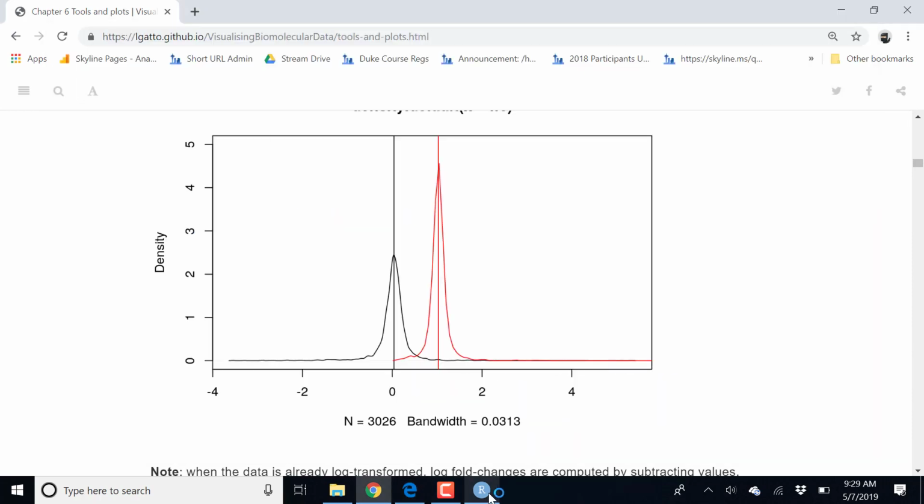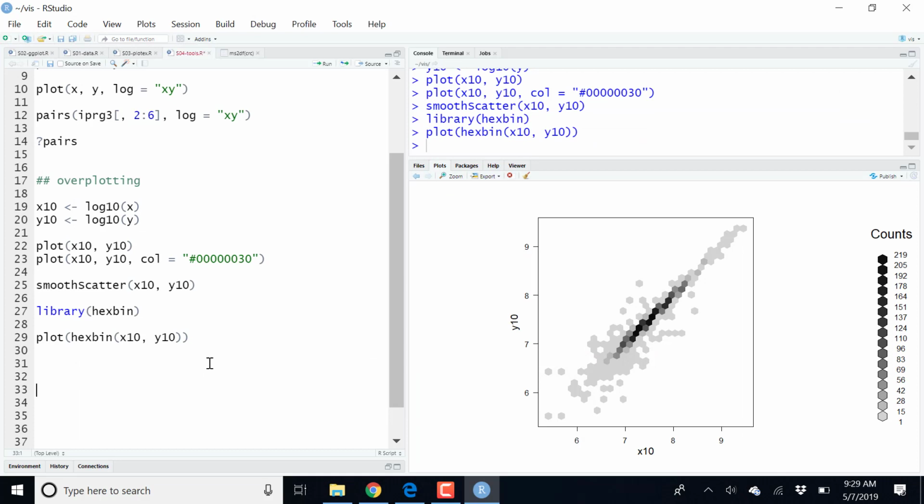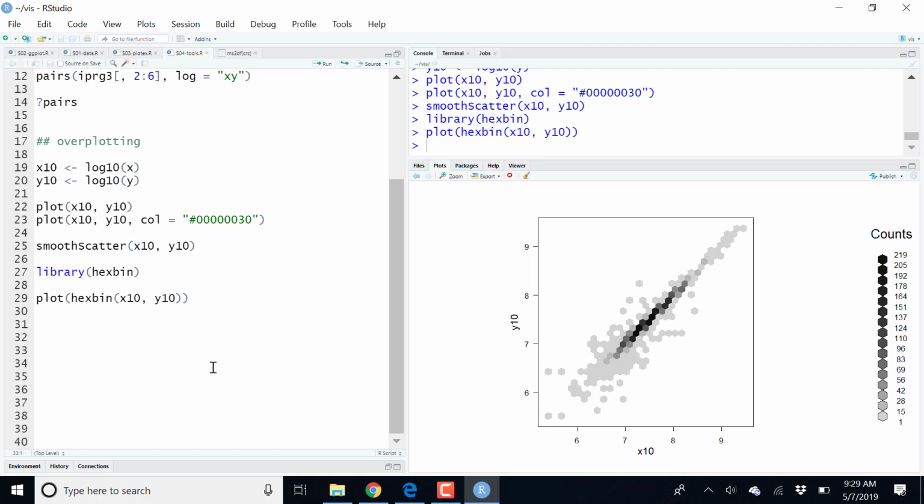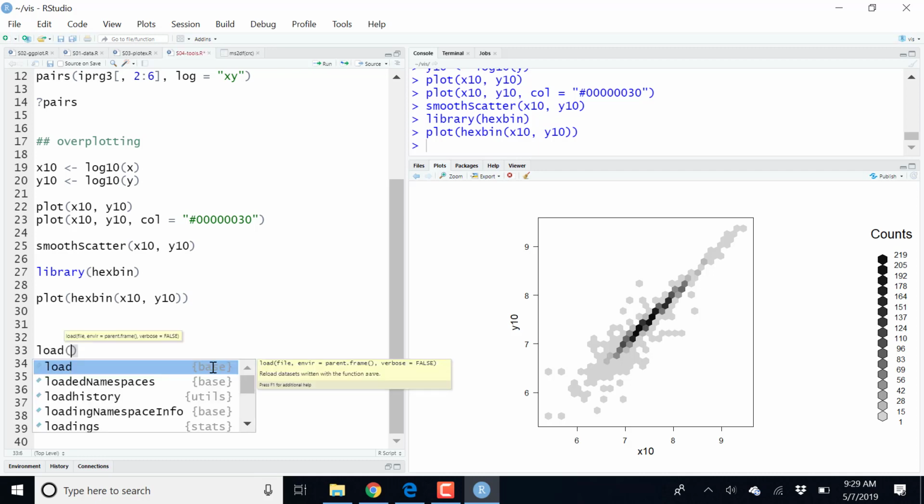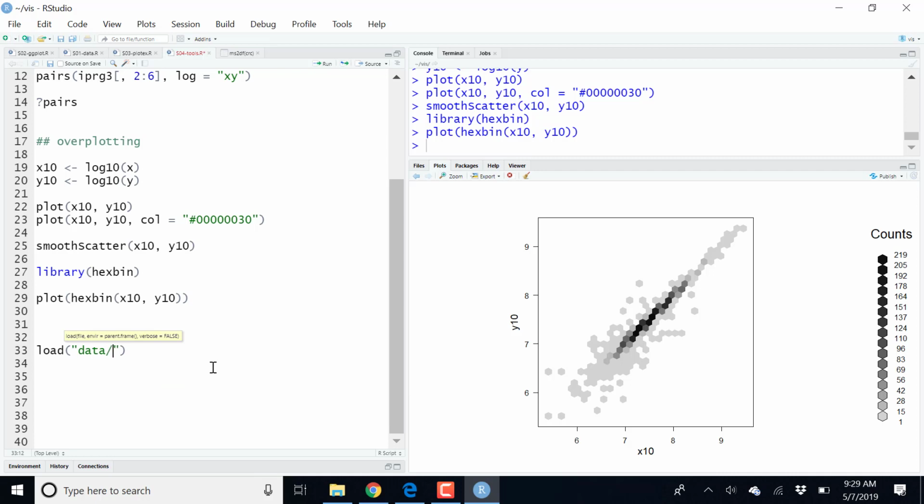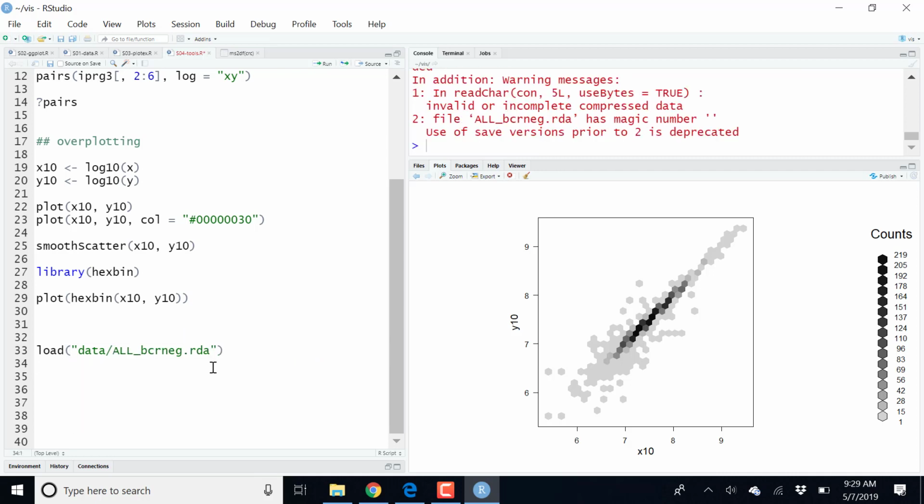So, yeah. So still using kind of simple plotting techniques, but let's look a little bit at some of the